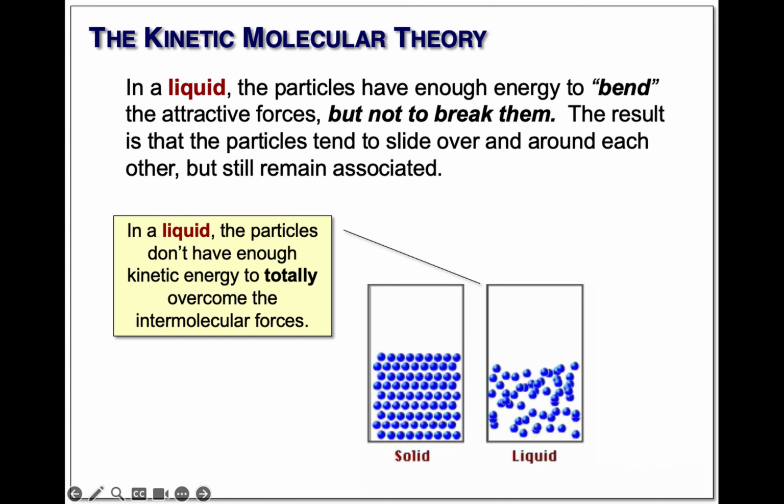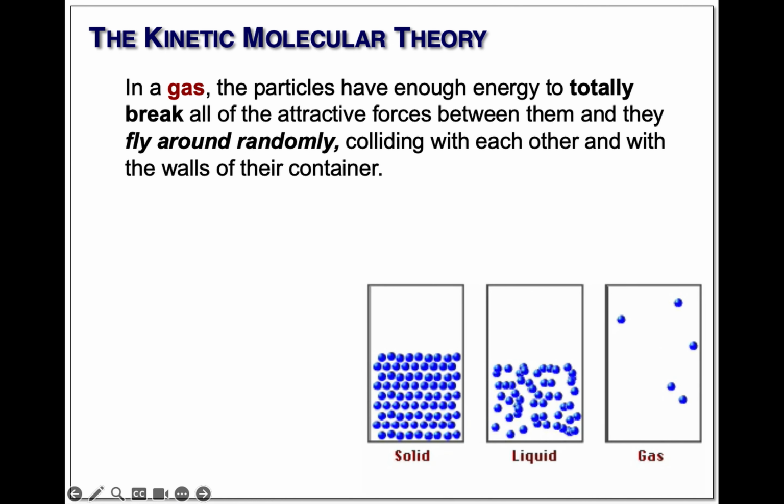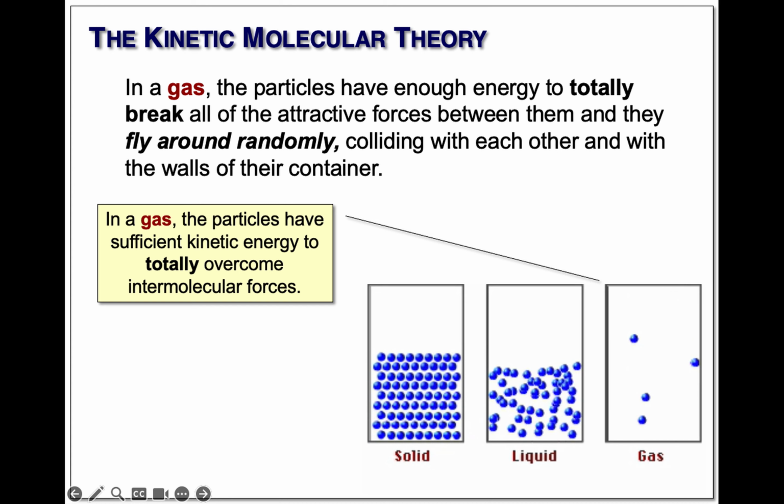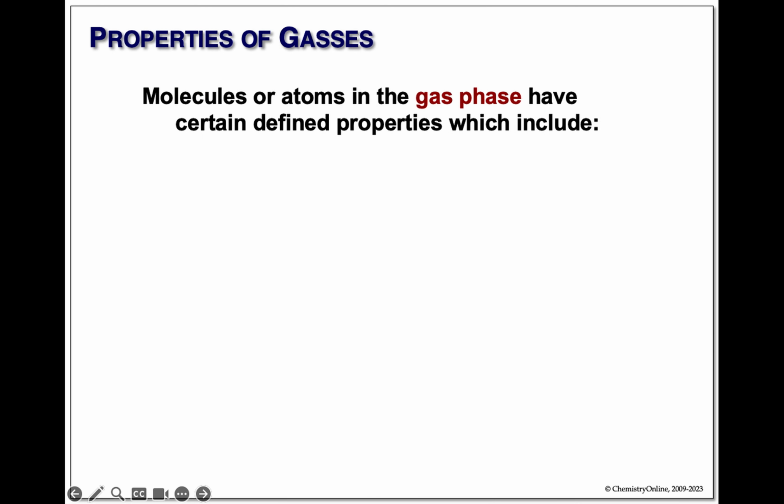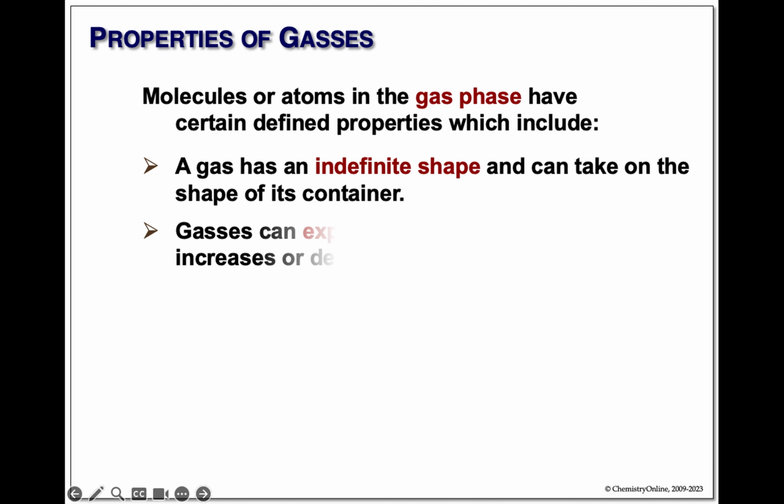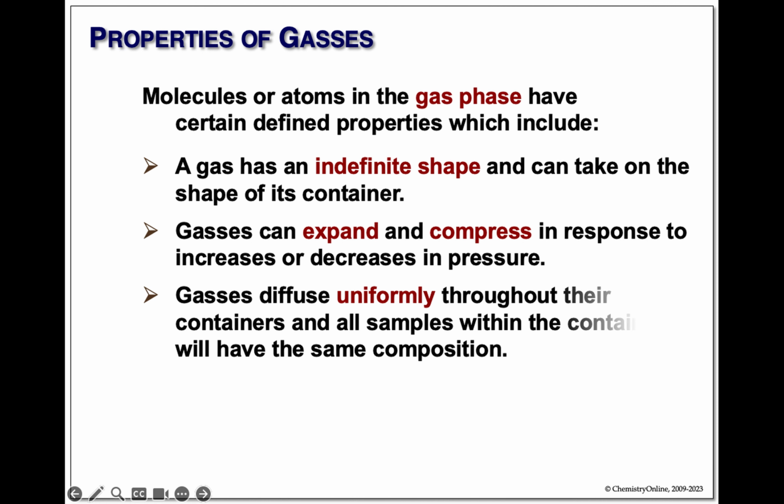Finally, today we're talking about gases. In the gas phase, we have particles moving very quickly. They are hitting the walls of the container and each other. We'll see that the force with which they hit gives us what's known as gas pressure. A gas has indefinite shape, takes on the shape of its container. If you noted, there was lots of room in between the particles. Gases can be compressed, therefore, and they can also expand to fill the void, and they diffuse rapidly and uniformly